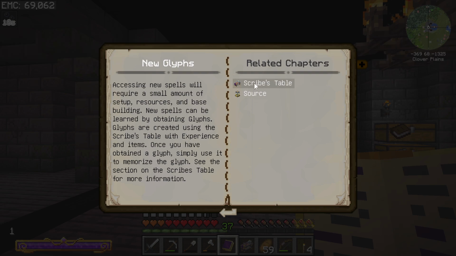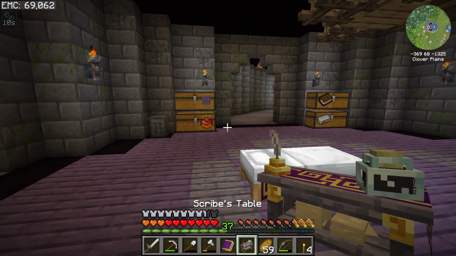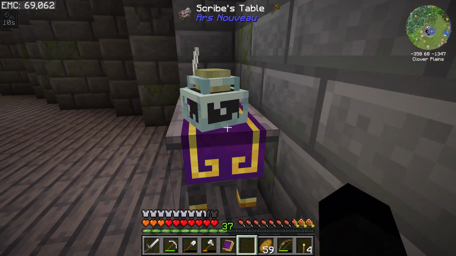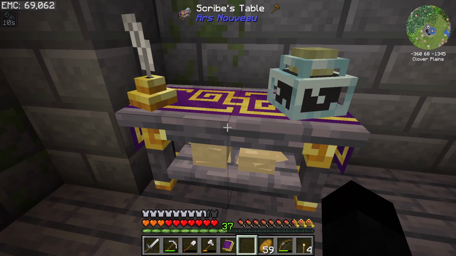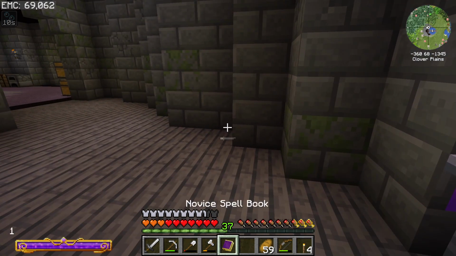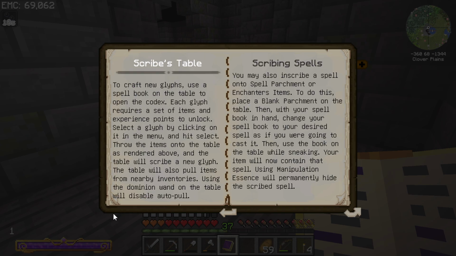Obtaining a scribe's table with experience and items. So the scribe's table is relatively straightforward. It's this. I don't know about that bit yet, but we can just go, and for now we'll just, again, I'm sure one of these is going to be a kitchen. I just haven't decided which yet. I definitely think I'm going to need... Let me have a look. So I'm going to need